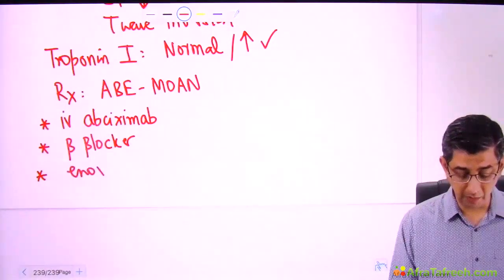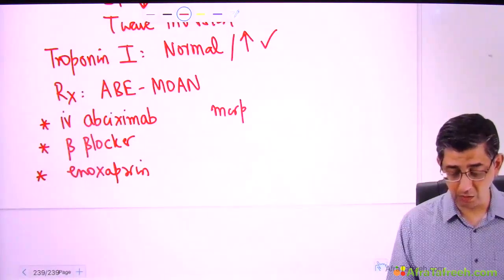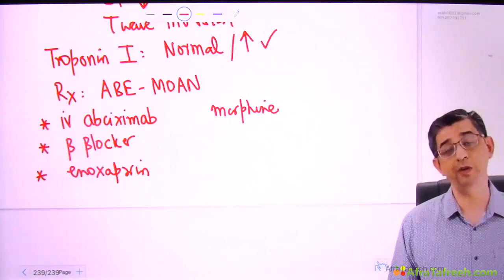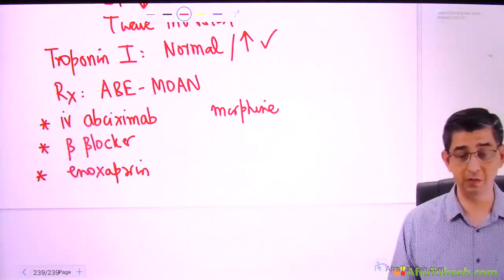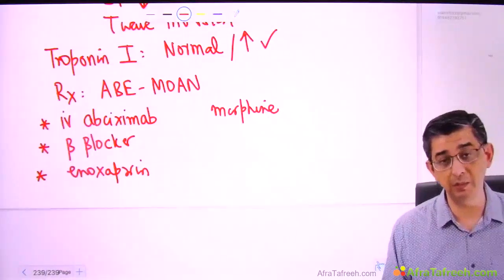Enoxaparin will again prevent the platelets from misbehaving. That's a low molecular weight heparin. The reason I'm giving morphine for this guy is, one, to control the chest pain component. Secondly, morphine reduces pulmonary edema. Lots of times in these patients, the cardiac contractility is hampered, so a pulmonary edema component, which explains the breathlessness, could come up.